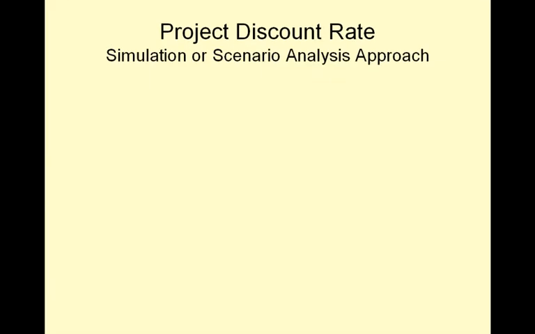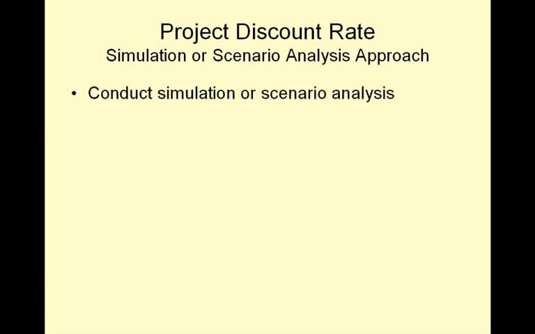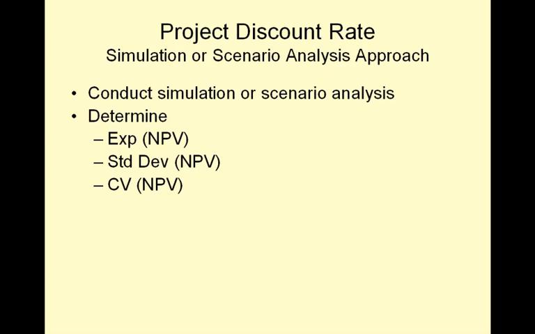A second method of estimating a project discount rate that we introduced briefly in an earlier session is to use simulation analysis or scenario analysis to assess project risk. So we conduct a simulation or scenario analysis as we discussed in an earlier session. That analysis results in determining an expected net present value for a new business proposition, a standard deviation of net present value or a measure of risk,